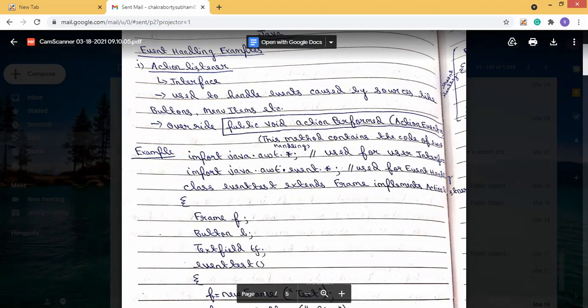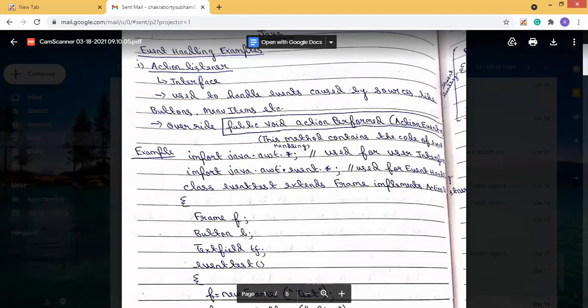The methods present in the interface are abstract, and they must be overridden in the class which is implementing that interface. It is necessary to override them in the class that implements it.